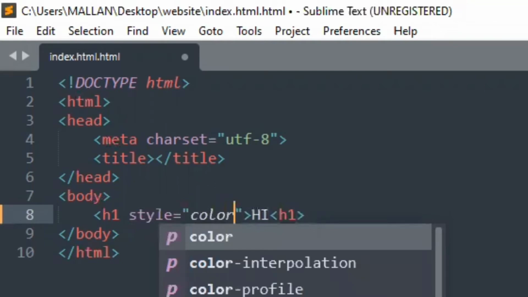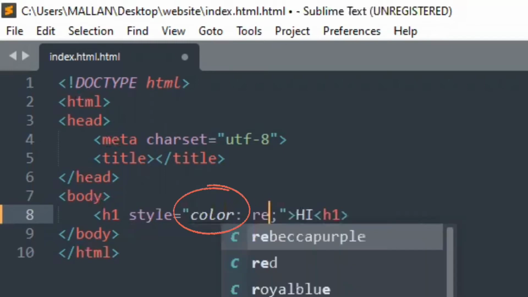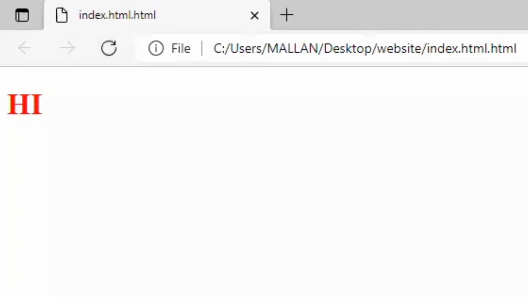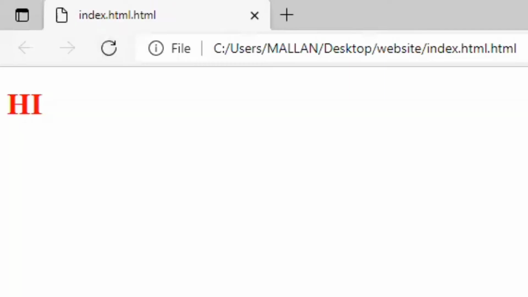After doing that, you can type color inside the two quotation marks. Remember, it is not COLOUR, it is COLOR. Next, you can type a colon and a semicolon, but you need to create a space between those two, and at last, you can type your color in between the colon and the semicolon. Next, we need to click on save and reload it in the browser. Now we can see that the black color has changed to red.